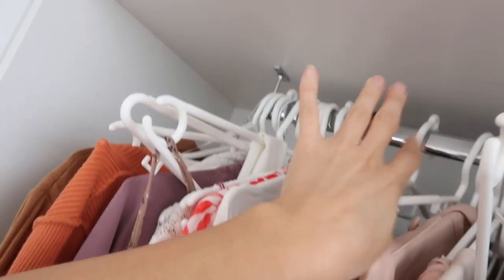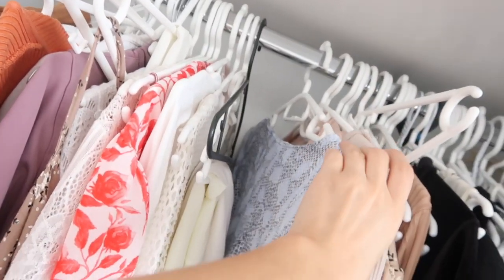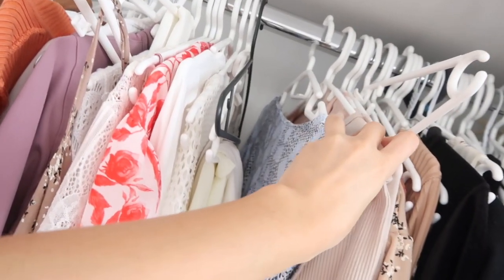Oh, that's another trick I wanted to tell you. Let me turn it on me. So another trick that I saw online was, it's not really a trick, it's not rocket science either, but say for example, all my coat hangers are facing that way. Say for example I don't wear this top, you'll start with all of your hangers facing that way, if that makes sense. So then it's facing you,